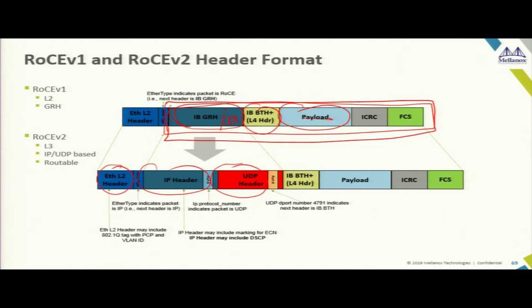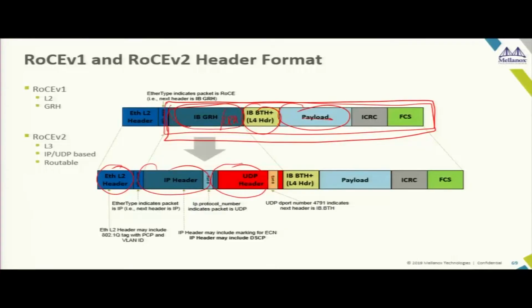RDMA on Ethernet is always transported as a standard UDP packet. Inside the UDP packet, the UDP port number is reserved for saying that this particular packet is an RDMA packet. Please treat it in an RDMA way. If the network card is not capable of doing RDMA, it will just treat it as a standard Ethernet frame.